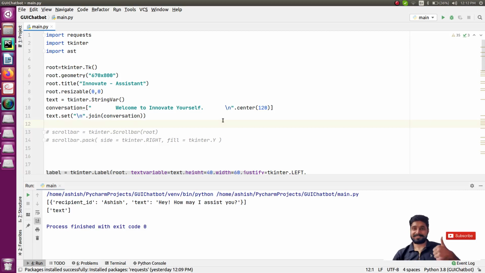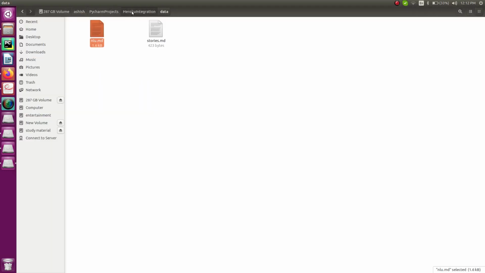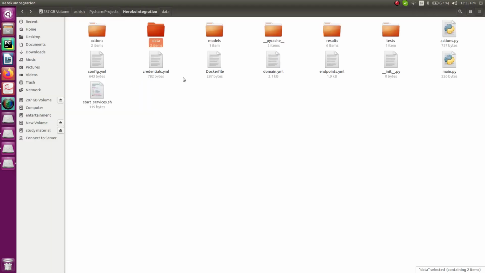So this is how we are going to go forward, right? So before going to the GUI part, let me first show you the chatbot that I'm going to talk to, and for that let me go in here. So this is one of the chatbots which I already have with me, which is related to the coronavirus or the COVID-19.